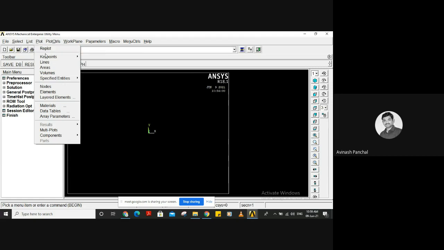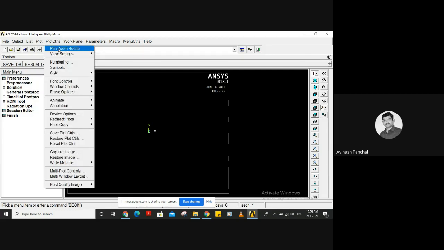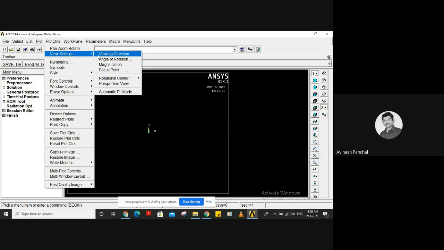Then in plots, you can have key points and hard points, areas, lines. Specific entities: key points, lines, areas, volumes, nodes, elements, layered elements, then materials. All these things we can take over here. Then plot controls. Here we can have the zoom and pan or rotate command. Then we can view the settings of all ANSYS.